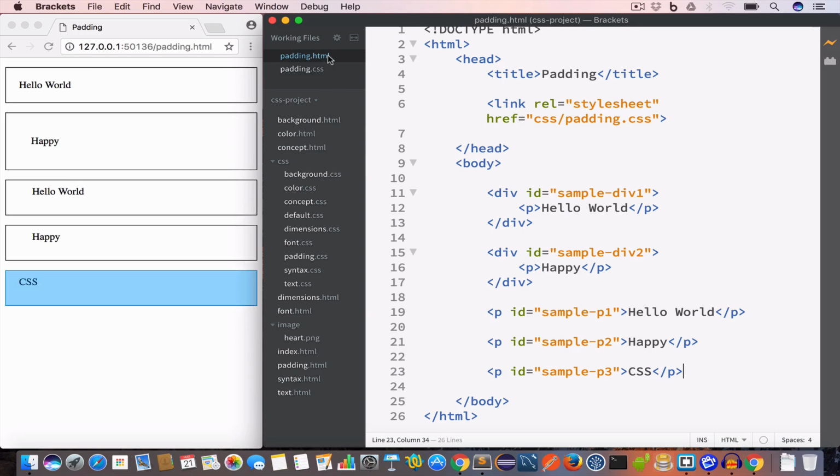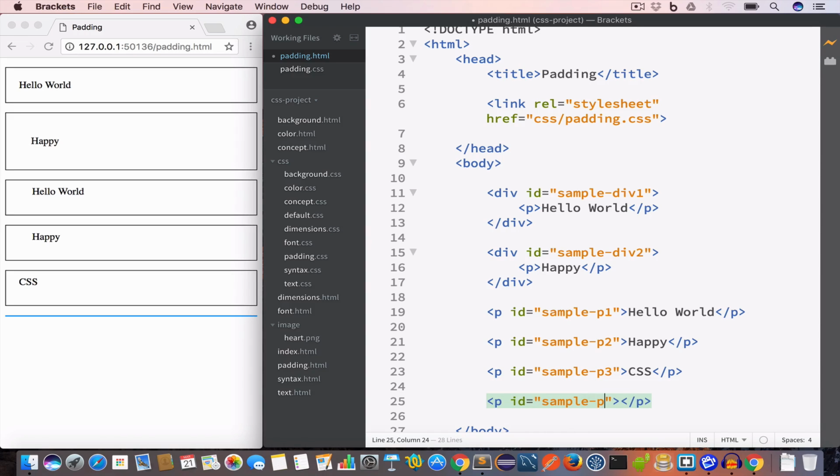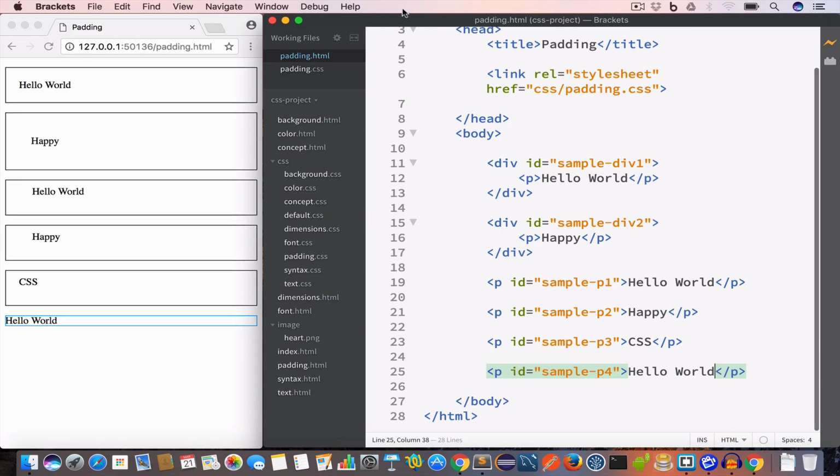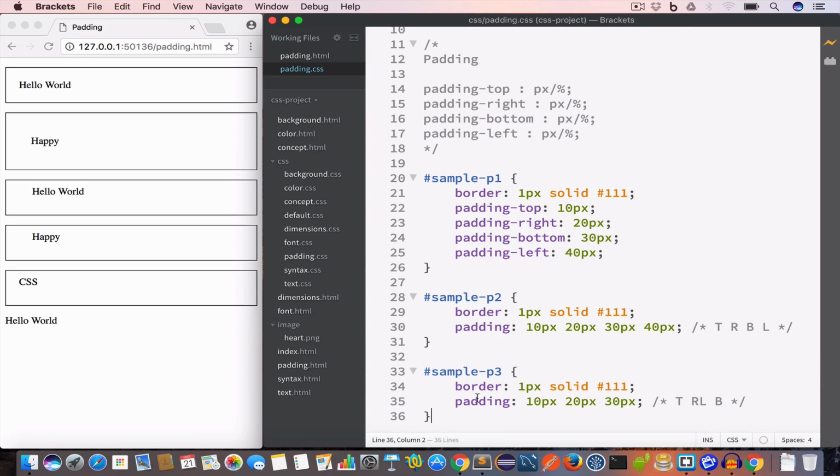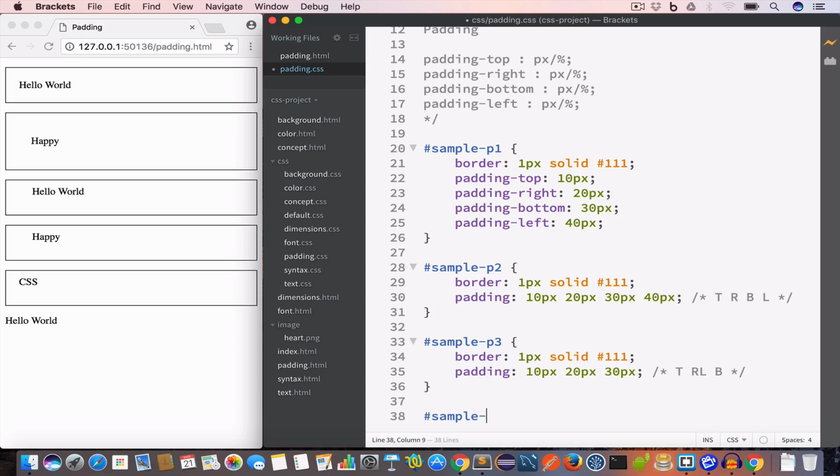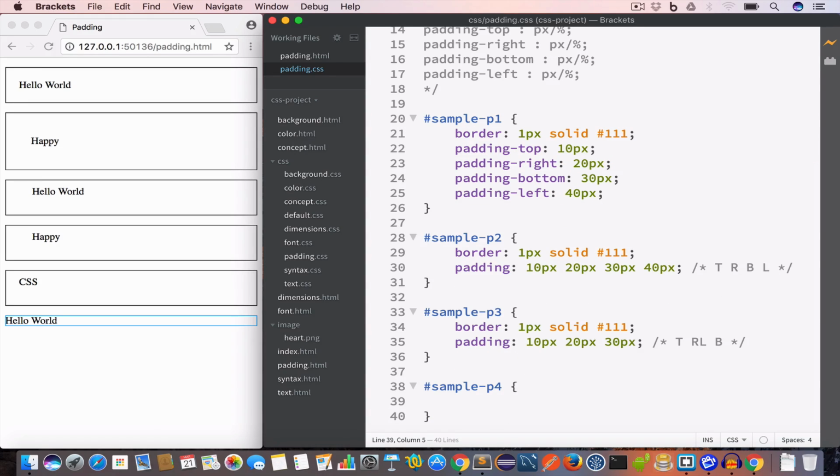So inside our HTML file, we'll write a paragraph and we'll give this an ID sample-p4, and we'll set the content for this paragraph to, let's say, hello world. And now inside our CSS file, we'll write #sample-p4, and we'll give this a border of 1 pixel, solid #111,